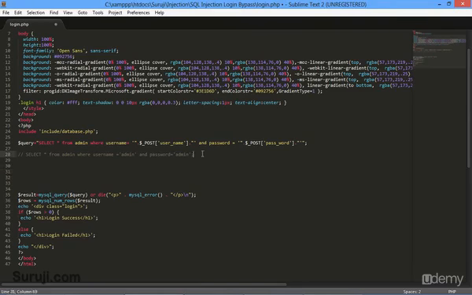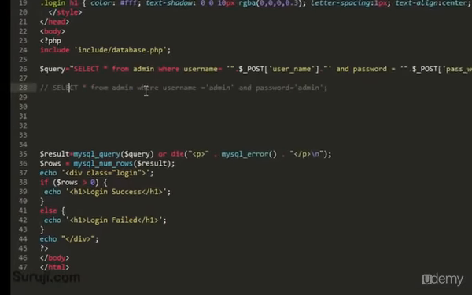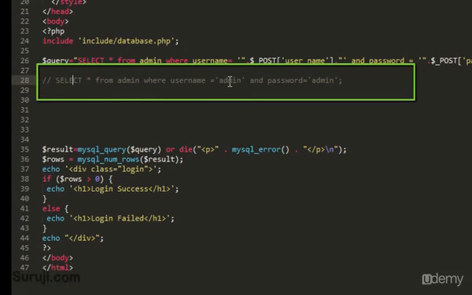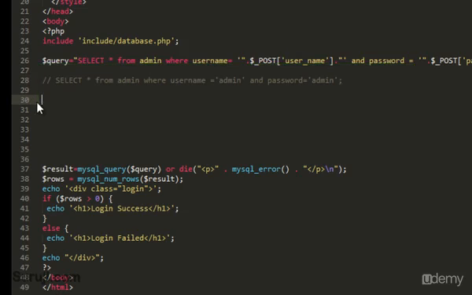In the first case, when I passed username admin and password admin, this query is executed in the backend: select star from admin where username is equal to admin and password is equal to admin. This is the normal SQL query. It asks the table admin to fetch the information from the username and password columns and check if there is any entry with username equal to admin and vice versa. So this is how the first case is executed.